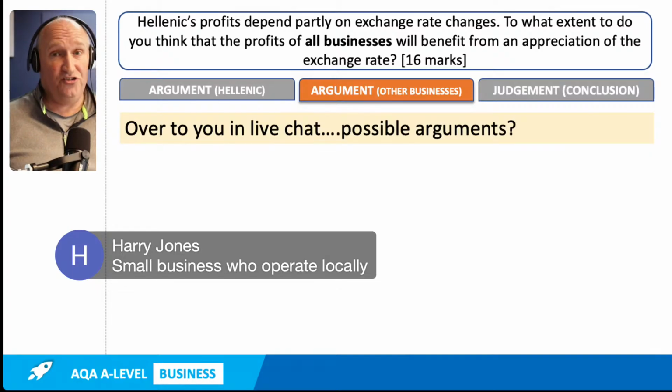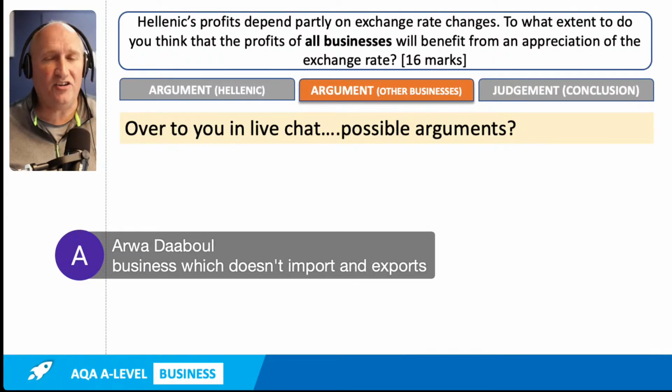What about businesses that just don't have anything to do with exchange rates? You know, your local greengrocer. Well, actually, I would keep away from food because we've dealt with that in the case study. But I don't know, your hairdresser, your car dealer, really probably has no impact on either what they buy or where they sell to. The business that doesn't export is going to have no impact. So, as I was saying, businesses that don't import or don't export might have indirect effects of changes in exchange rates. But that's economics. This is A-level business. So they are not going to be significantly affected.